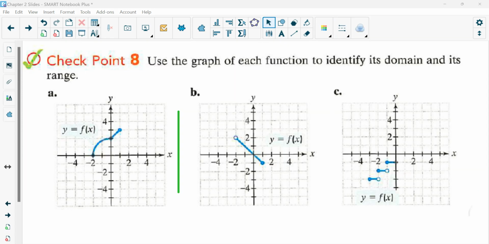All right, so here's checkpoint 8. It says identify the domain and range. Notice these are continuous graphs. We are connecting points here. So as we go and do this,